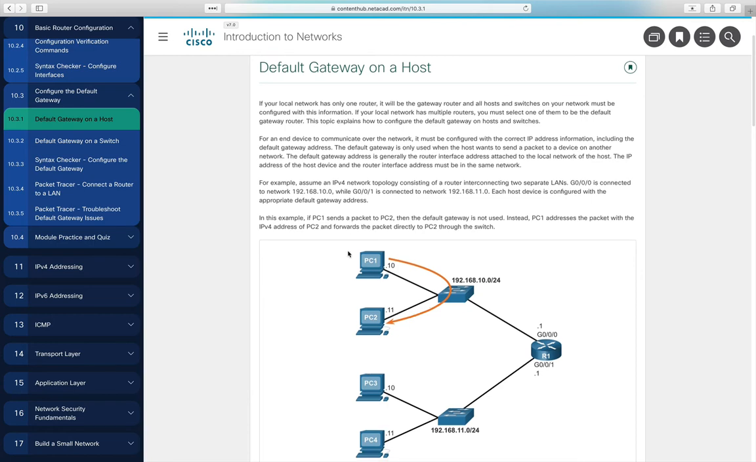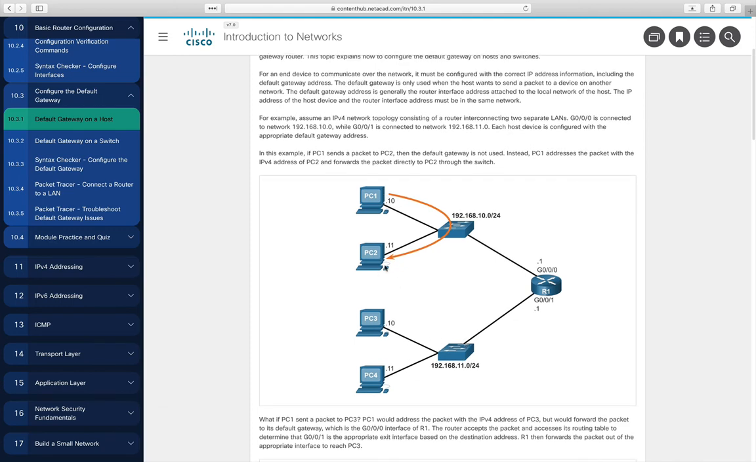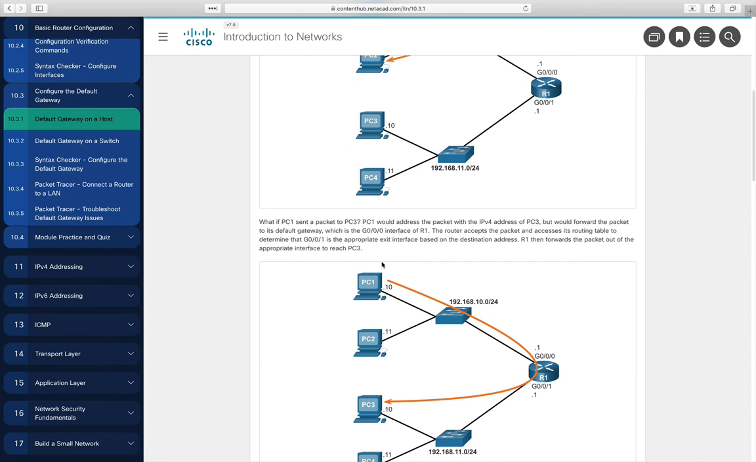So here in this figure we show PC1 talking to PC2, and it does not have to leave the network. The network cloud not shown would be where I'm moving my mouse right now, including G0/0/0 of the router. So here's one network cloud, and then down here we have another network cloud. This is the 192.168.10.0 network. The network down here in this cloud is the 192.168.11.0 network. So if PC1 needs to talk to PC2, it does that on the local network, like I said,